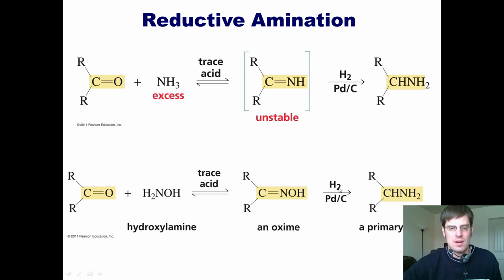When treated with hydrogen gas and palladium carbon, it also will give me out the primary amine. So this is an alternative way of generating the primary amine through an oxime intermediate. Oxime intermediates are traditionally more stable than imines, which is one reason why this approach is sometimes better depending on